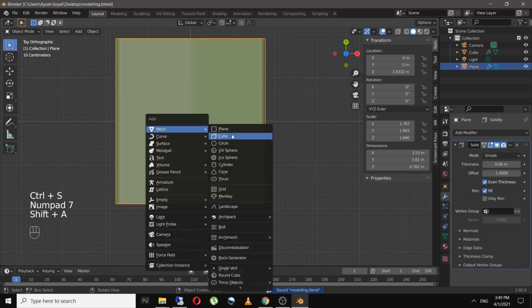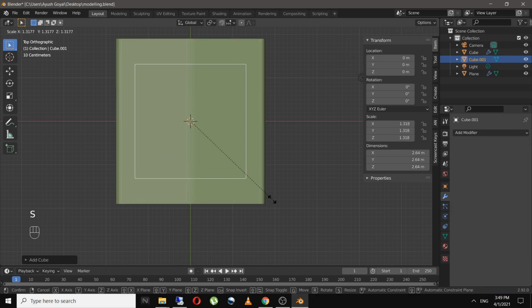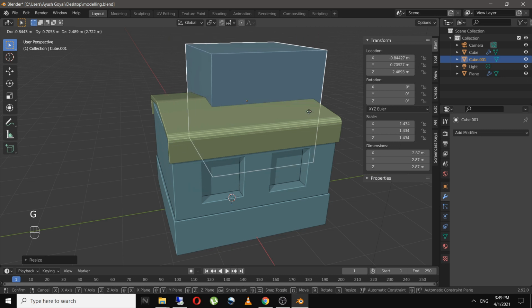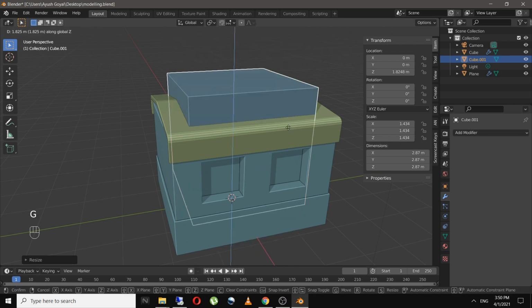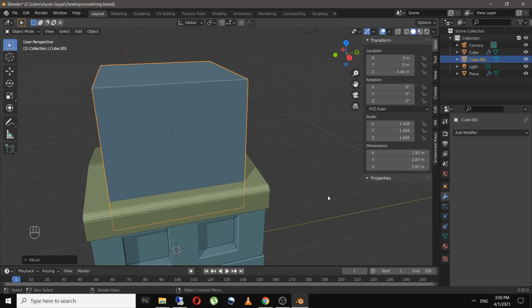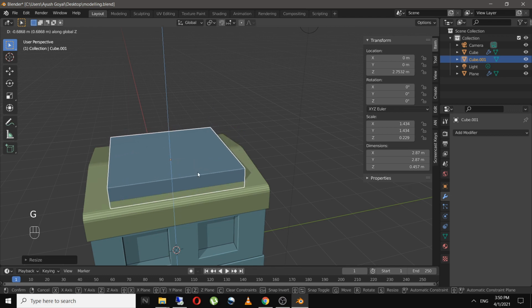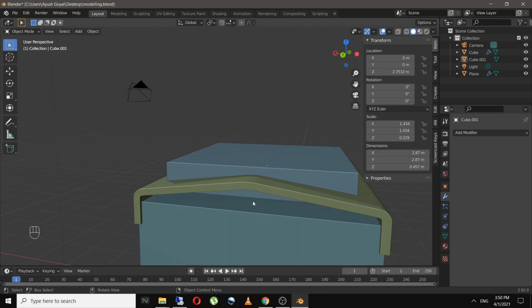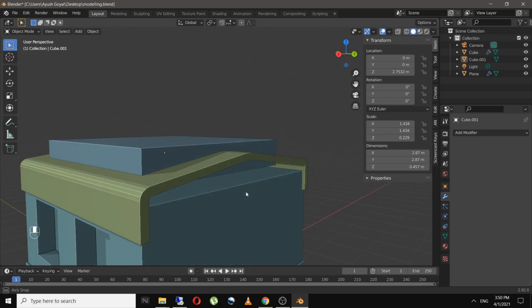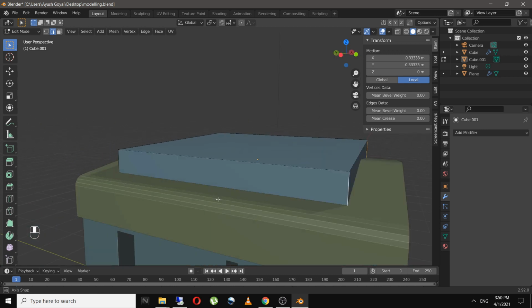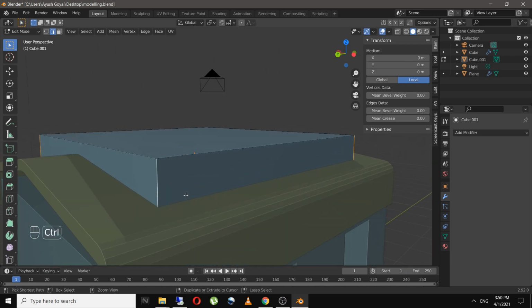And now in top view, I'll add a cube, something like this. Scale it above. And I will select all the four edges of this cube and bevel it somewhere over here.